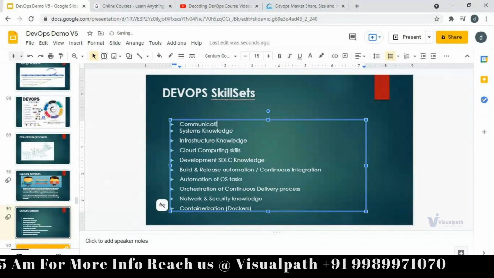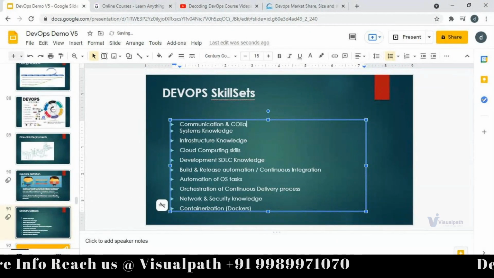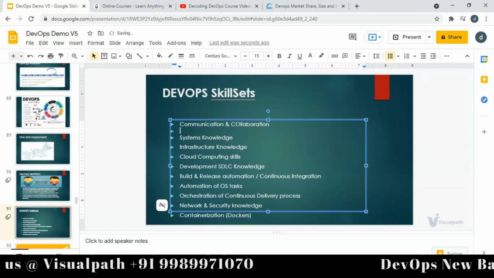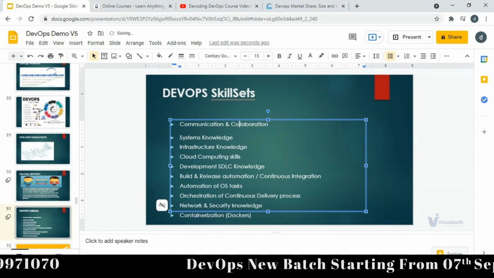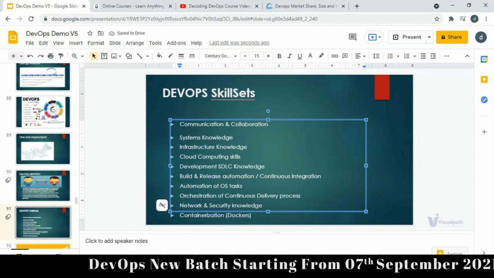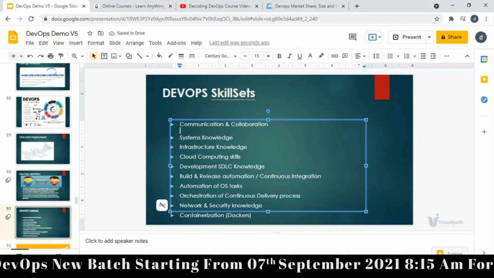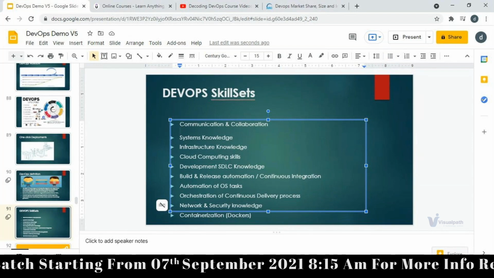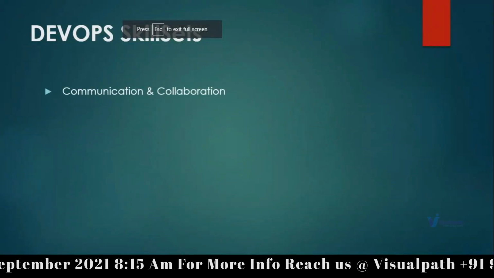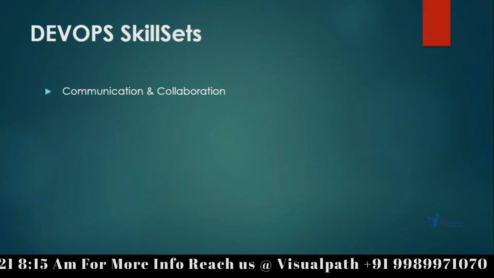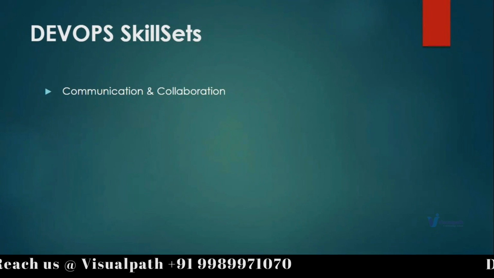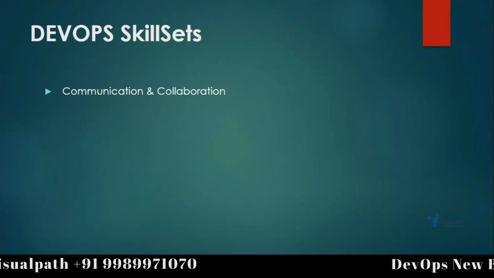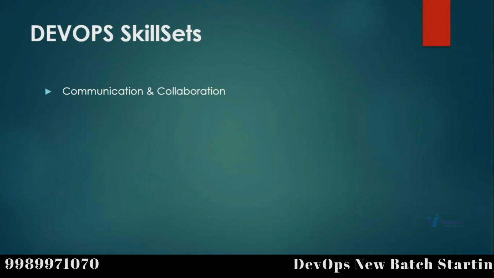Communication and collaboration. Okay, if you are someone who wants to work in your own silos, don't want to communicate and collaborate, then DevOps is going to be a problem for you. Or maybe you can work in DevOps but not at that level. Okay, what are the skill sets required for DevOps? Well, primarily communication and collaboration. You should be able to communicate within different teams, across teams, and understand the requirement and deliver the solution. Collaboratively, you need to work together.